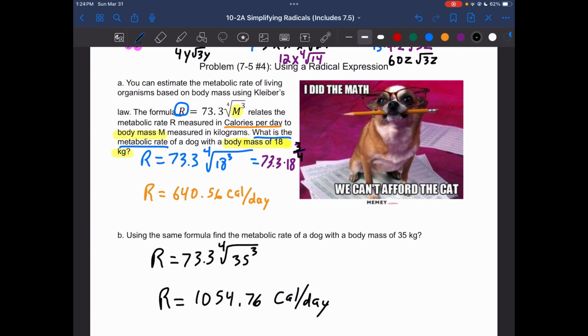That is the end of lesson 10.2a, simplifying radicals, including the pieces from lesson 7.5. This is where we're going to work on tomorrow. We're going to do our practice, and it's going to take some time, but this is a lesson where you must be showing your work. If you're not showing your work, you will struggle. So there you go. That's all we have for today, and I will see you